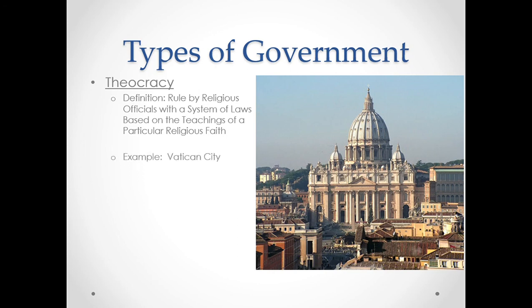There are other places around the world, like Iran, that are run by, their views are based on the teachings of Allah and the Quran. You'll find a lot of this type of rule in the Middle East and in parts of Africa, where religion takes a very strong view of how the government is run. And you'll find it a little bit in South America as well.